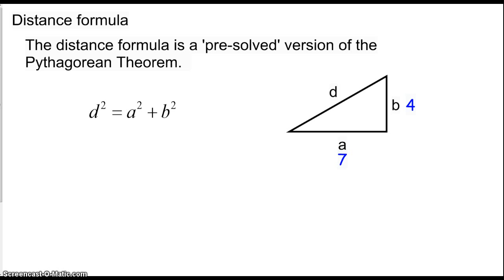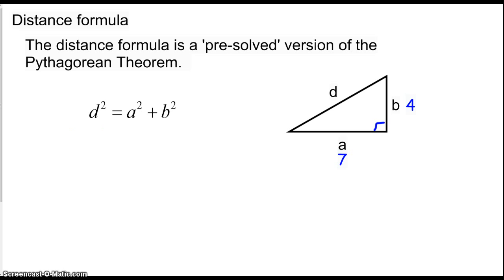So if you remember from geometry, the Pythagorean theorem says if you have a right triangle, and you know 2 of the sides, you can find the third side because the long side squared is always equal to one of the short sides squared plus the other short side squared. So in this case, d squared equals a squared plus b squared. I know a lot of times we use letters c squared equals a squared plus b squared, or maybe we wrote it as a squared plus b squared equals c squared, but the order doesn't matter as long as the long side is the one that's by itself, right? And then I'm going to call it d